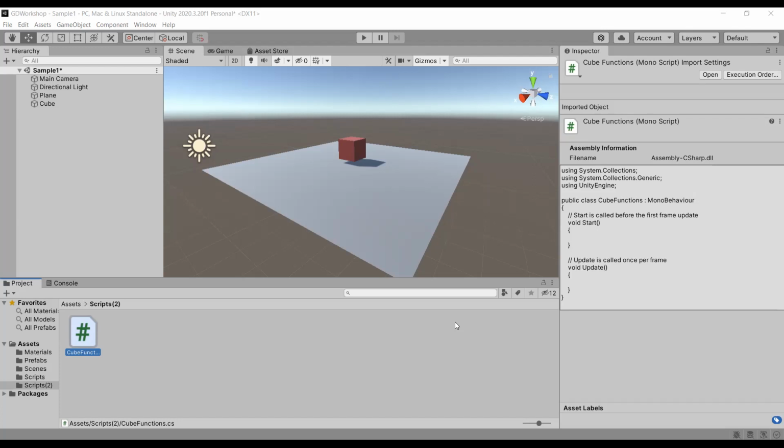So usually a lot of initialization is done in the start function, and then of course there's the update. The update is basically like a while true loop. It keeps running infinitely, and it is called once per frame. Since it is called once per frame, there is a lot of performance cost involved, and there are a lot of optimizations based on it.